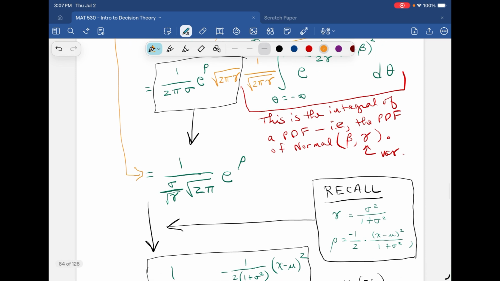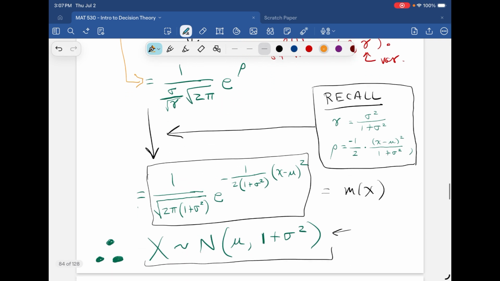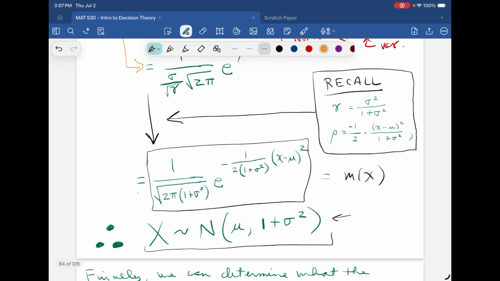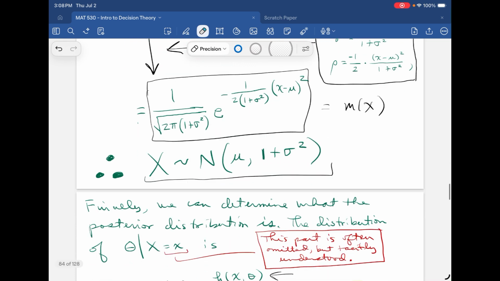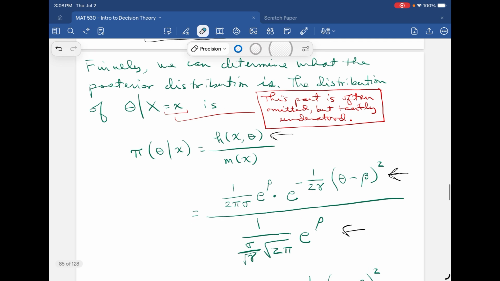So then now we go back to definitions, what these things are called, and we substitute in, that's just algebra. And then we finally get to our marginal distribution, and lo and behold, it's recognizable as a normal distribution, which we have recorded. So now we have our marginal, and we should be able to determine the posterior distribution, because remember we had the formula. It's just the joint density divided by the marginal for x. So plug all that stuff in,